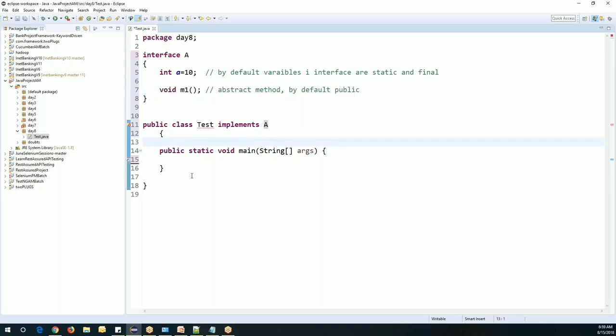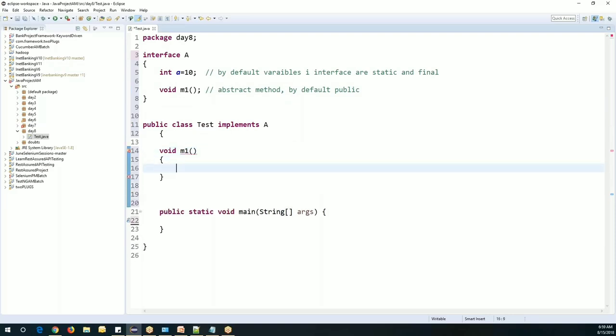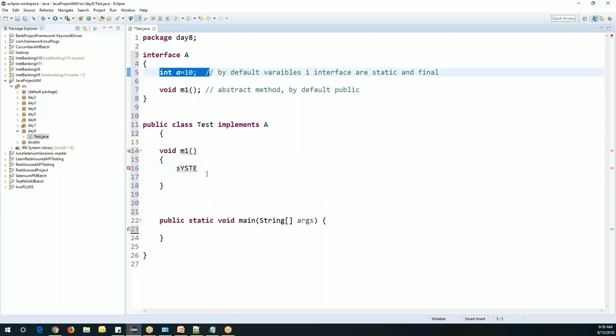So now let us write. Main is also a method, right? Remember this. I'll keep it to one side. Now I will implement this method m1 inside the class. Now observe how to implement this. If you want to implement this method, we should not change the definition. Use the same definition, but here remove the quotations, and now let's implement this. Here I will just access this variable. I will print this variable